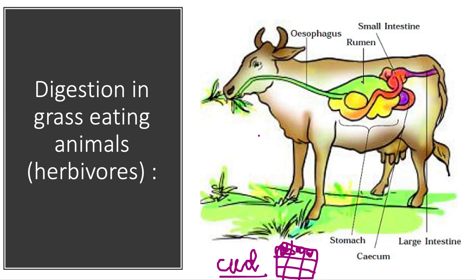Animals like horses, rabbits, and others have this extra sac, or a structure called the cecum, between the esophagus and the small intestine. So in the cecum,